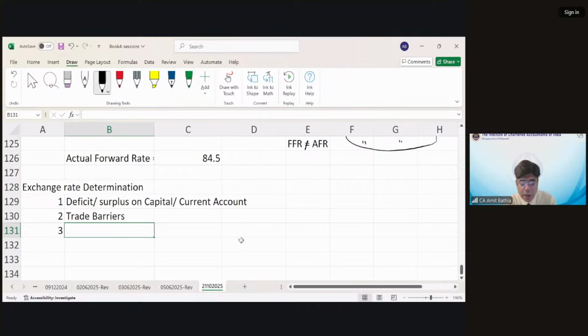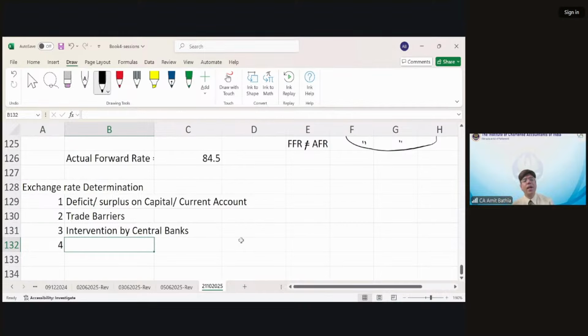So when you have trade barriers, obviously your exchange rate determination would to that extent be more controlled, right? Then how much is the intervention by central banks? Now in India, earlier we used to have